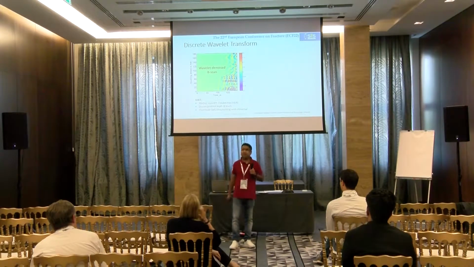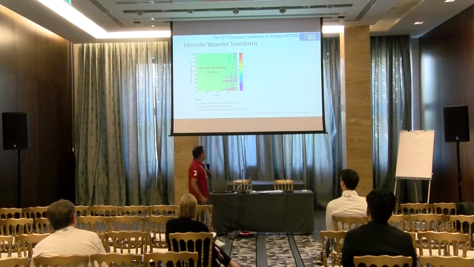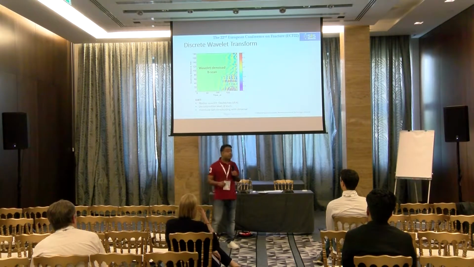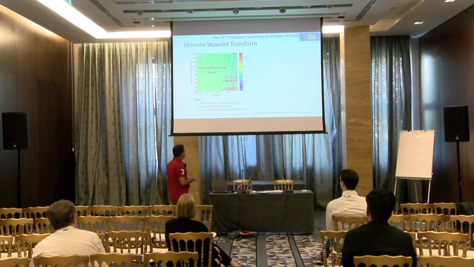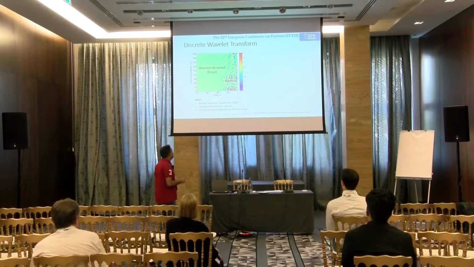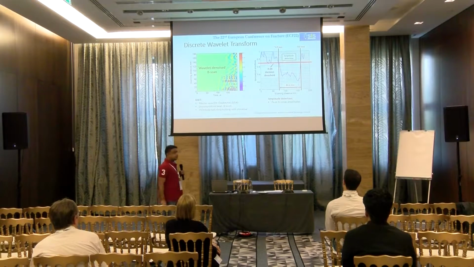But why did we select DB8? For this, we compared DB2, DB4, DB8, applied at selected points, and what we observed is that DB8 has more correlation with the original signal as compared to the other levels. So that's why we selected DB8. So this is the threshold. Generally in ultrasonic testing, we use soft thresholding with a universal threshold. And then